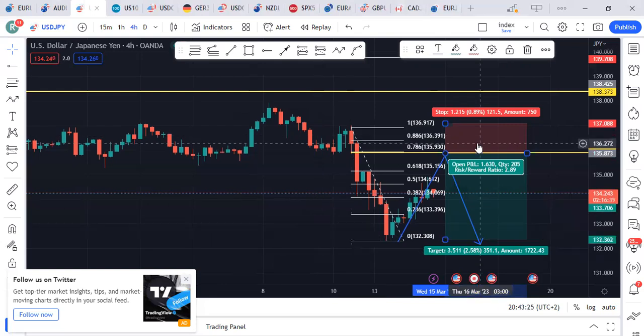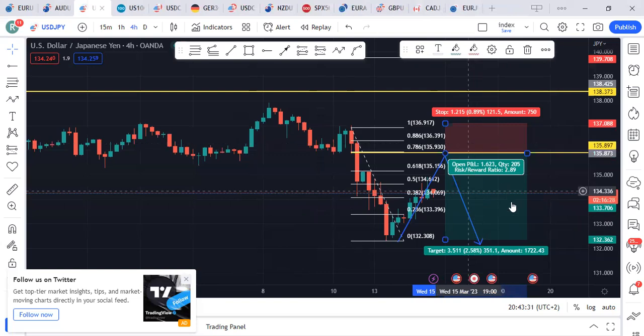According to the setup, it's negative, less than a 1% loss, and then according to this calculator over here, in this particular case we're looking to gain at least 2.58%. In this particular case, our ratio is 2.89, which is more than 2.5 in terms of 1:1, 1:2, meaning this is a good trade in terms of stop loss and take profits in this particular case.